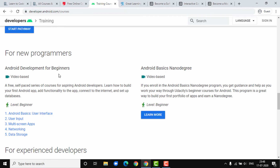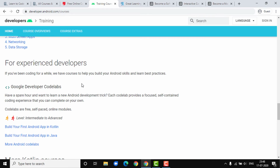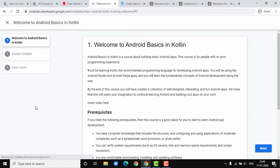That is Android. If you are a beginner in Android development, then you can use these 5 Udacity courses, which are totally amazing, superb courses which will be helpful to get you started with Android app development. Then there are a lot more provided over here, and you can definitely check them out at your own pace. So if you want, you can just click on start course over here, then you'll be taken